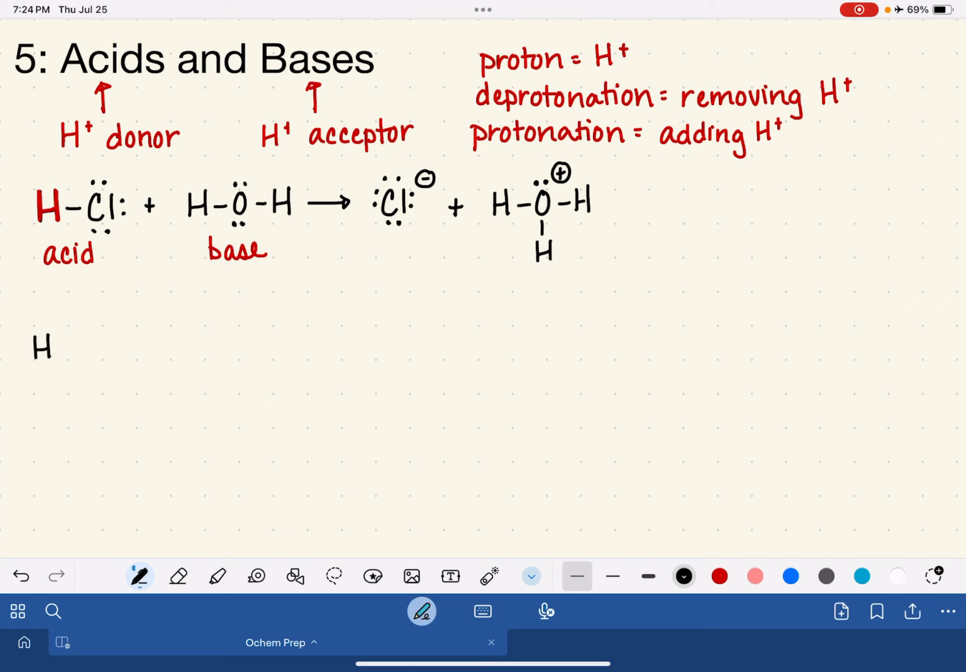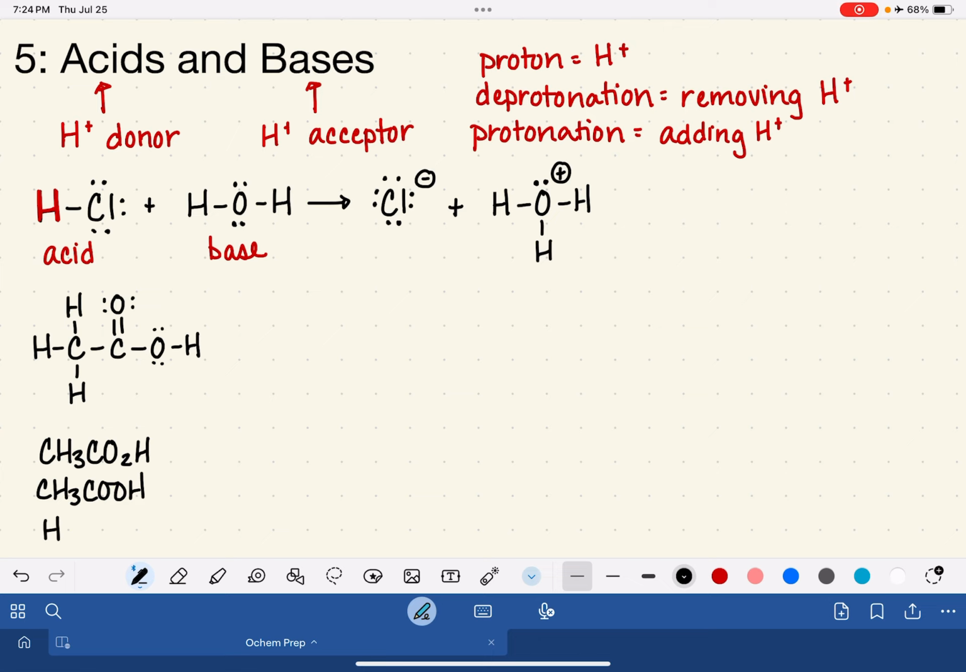Let's take a look at another acid-base reaction that you probably saw in Gen Chem, but again, we're going to be drawing it with Lewis structures. The reason that we want to do this is because it gives us a little bit of a visual of the bonds that are breaking and the bonds that are being formed in the reaction. This is acetic acid. You definitely saw this all the time in Gen Chem. In Gen Chem, you may have written it as CH3CO2H or CH3COOH